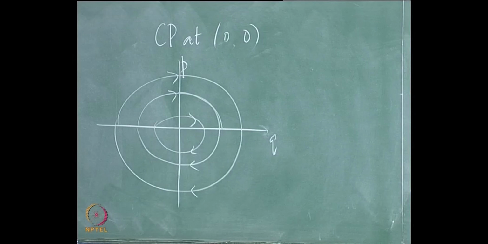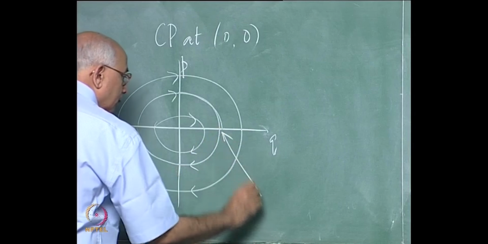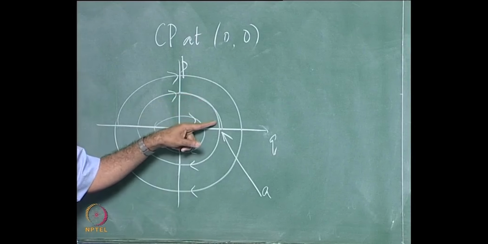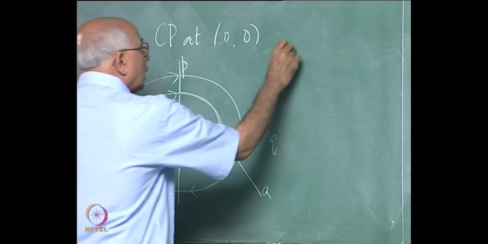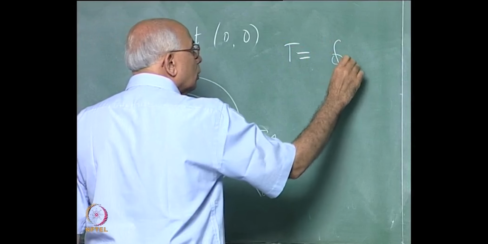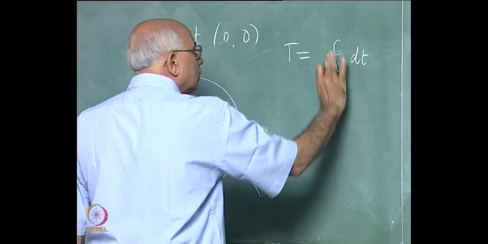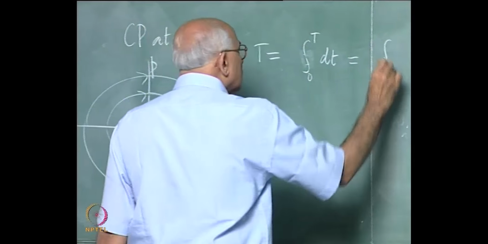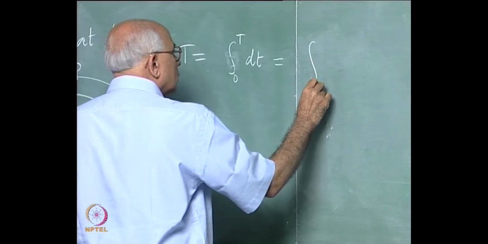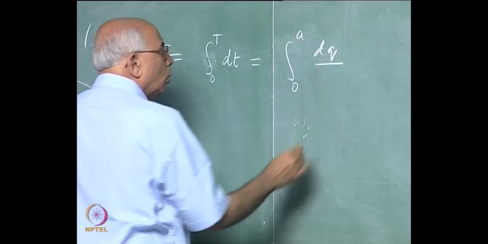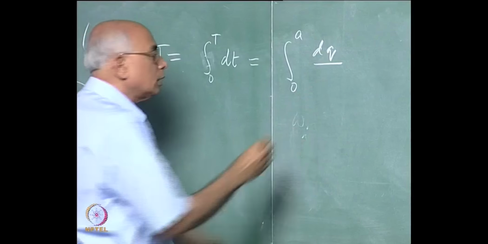So suppose the amplitude is A and I look at this portion of the trajectory and I write the time period as equal to the integral over the full orbit of dt, but I could write this as the integral from 0 to A of dq over dt, which is q dot,